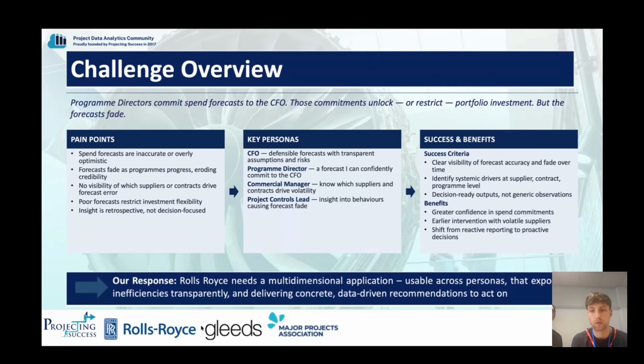This challenge is about the gap between what program directors commit to the CFO and what actually happens. Forecasts unlock or restrict portfolio investment, but they fade as programs progress. Forecasts are overly optimistic, credibility erodes over time, and there is no visibility into which suppliers or contracts are driving